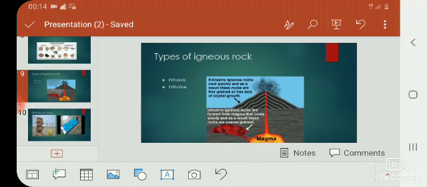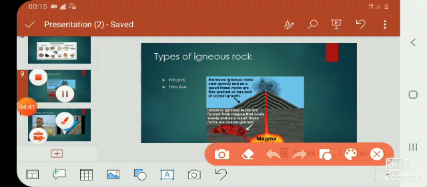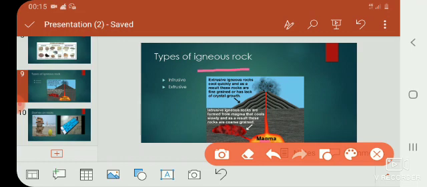These rocks are actually made up of lava. Over here, can you see magma? This particular magma comes out of the mountain and it solidifies outside the mountain. Therefore, it forms rocks. And there are types of igneous rock. These are primary rocks. Therefore it is called igneous rock or primary rock.